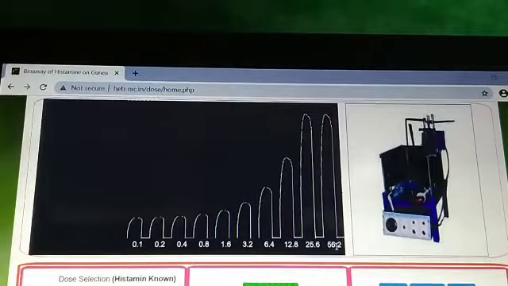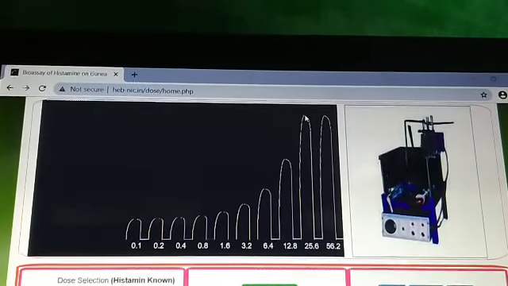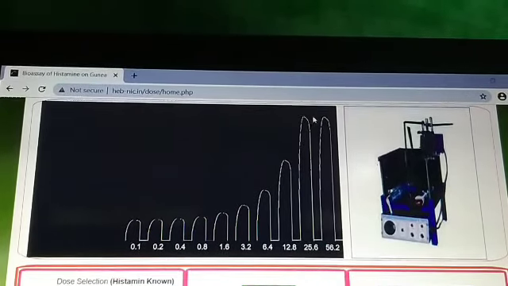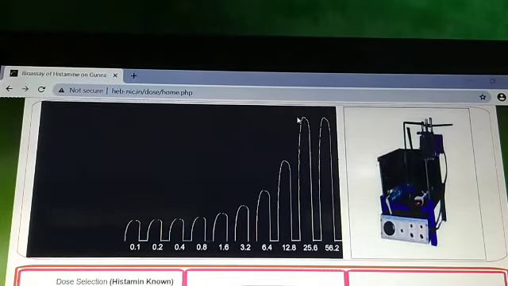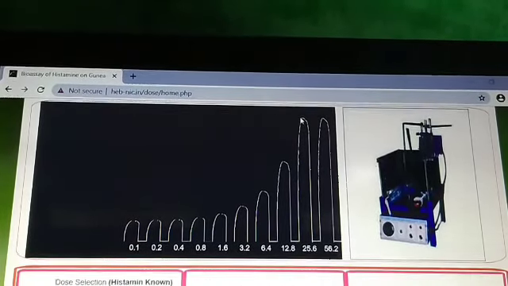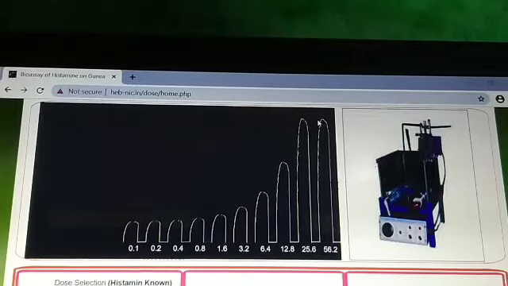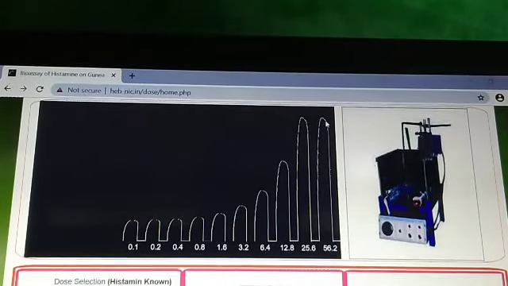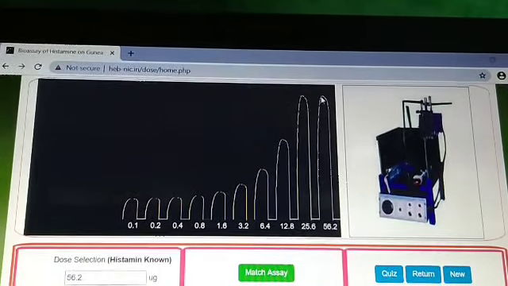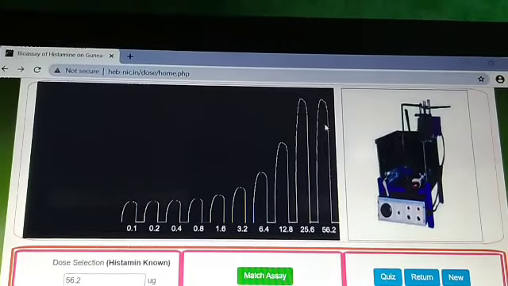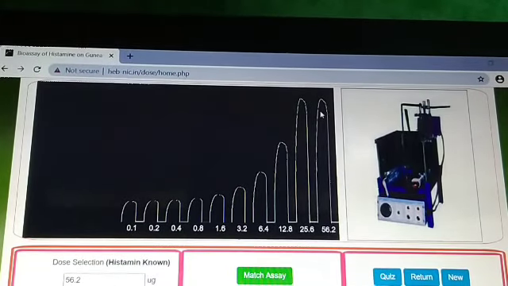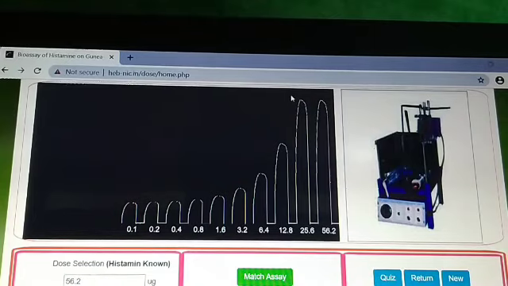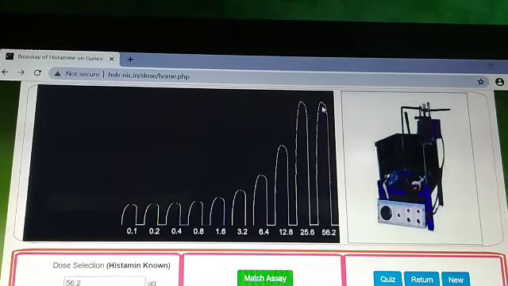25.6 and 51.2. Here the response height is similar, so this effect is known as the ceiling effect, where a constant or same height of response is achieved. After this ceiling effect, if we increase the dose of the drug further, there will still be a constant effect, or constant response height, that can be observed.